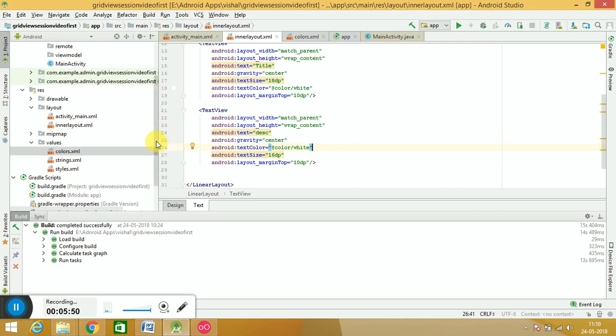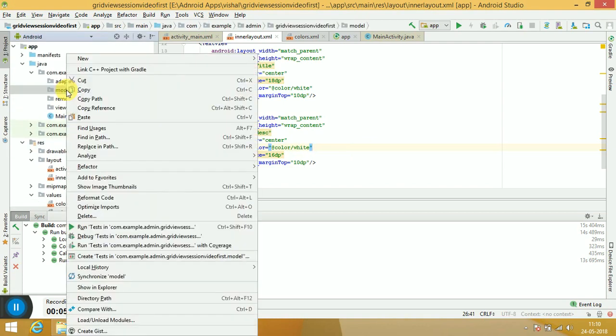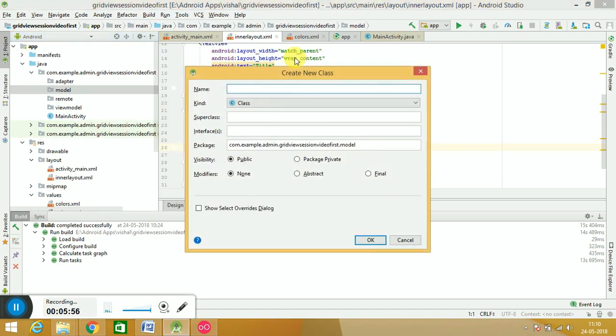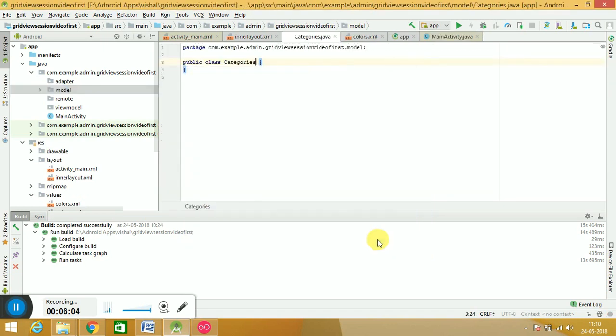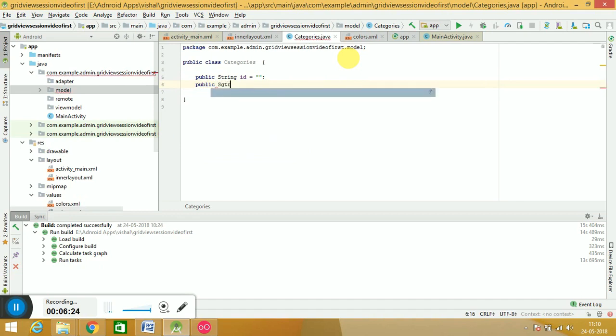For that we have to come to the model. So for the model we have to make a categories model, because I have to show the different categories, just like in your e-commerce application. If you show the multiple categories of the items, so what to do, you can go for books, electricity items, likewise that. So that's the category we have to define. In category I am showing here a public string. This is the ID of that particular value, and this is the public string name,